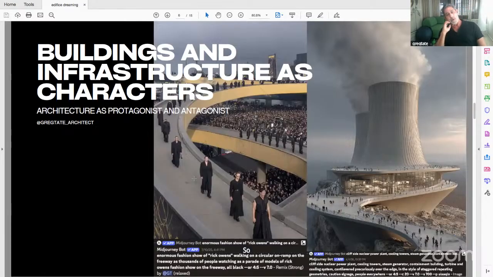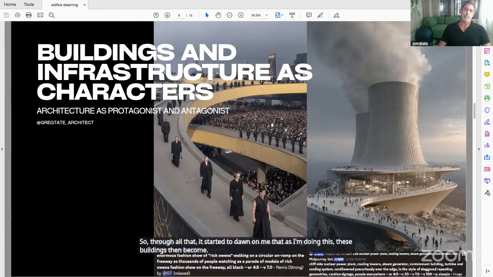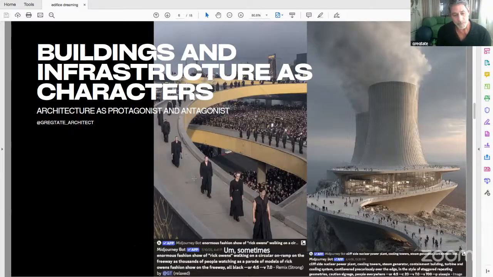So through all that, it started to dawn on me that as I'm doing this, these buildings become characters. And like any play, there are protagonists and antagonists. Sometimes the architecture is helpful, sometimes not so much.